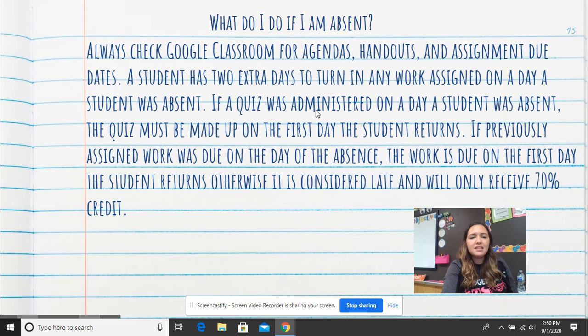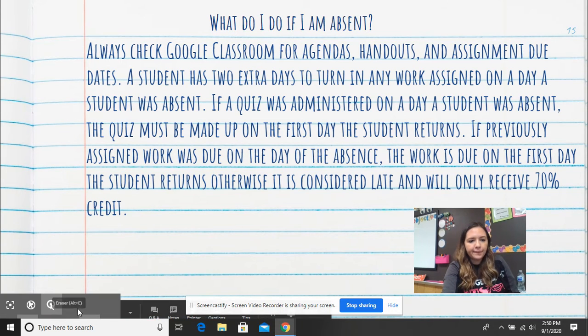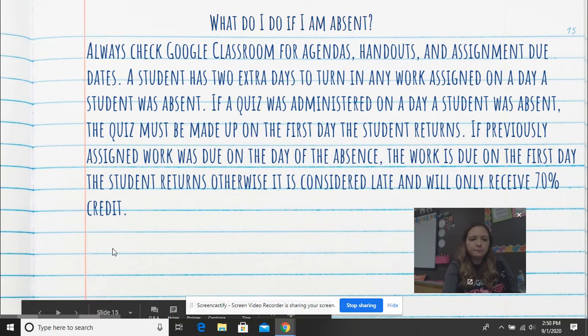If previously assigned work was due on the day of the absence, the work is due on the first day the student returns. Otherwise, it is considered late and will only receive 70% credit. So this means that you have 2 days to turn in your assignments. If you don't, the highest you can get is a 70. Next,